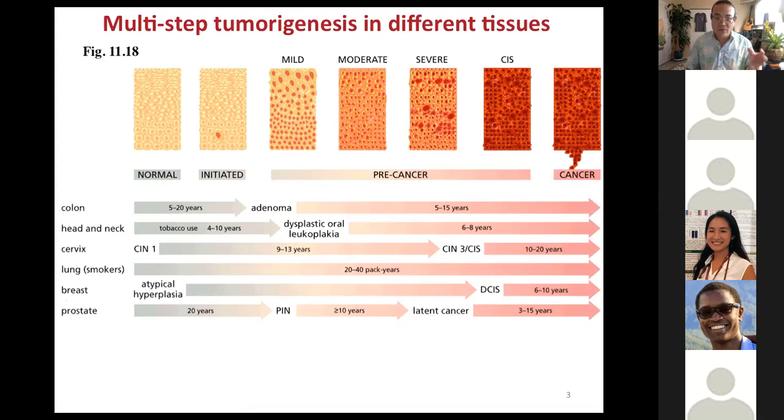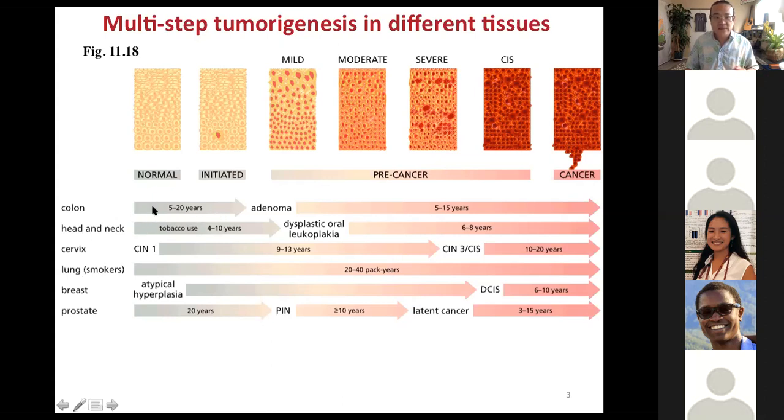So not surprisingly, depending upon what tissue you're talking about, where this very first cell is starting to go bad or go rogue, those cells are already differentiated in such a way that certain pathways in them are emphasized over other pathways. So a cell in your colon might have different signaling pathways that govern proliferation than, for example, the pathways in the epithelial cells of your lungs. So depending upon where the original cancer cell starts going bad, you'd have very different progressions in how long it takes for these different cancer sites to actually proceed and become full-blown cancer.